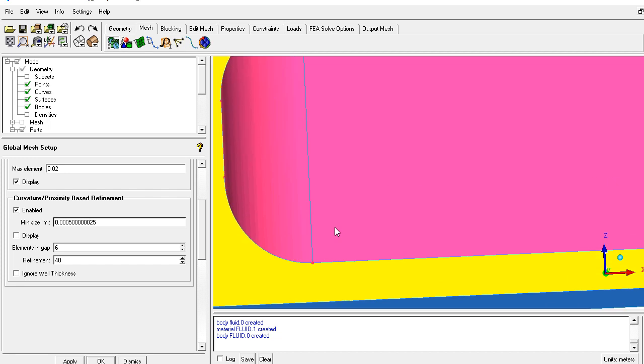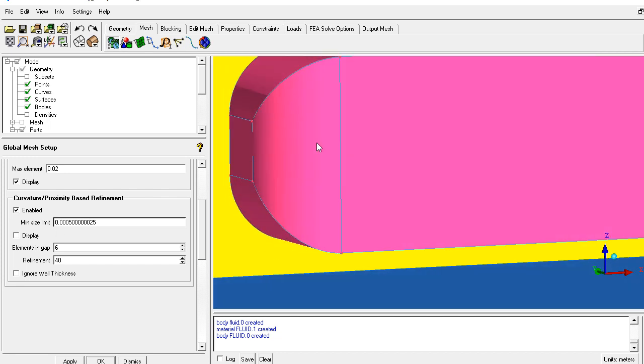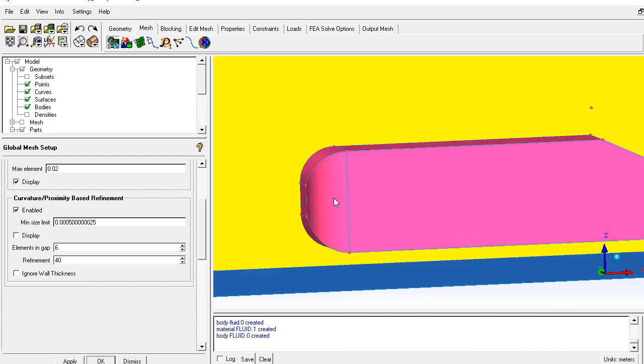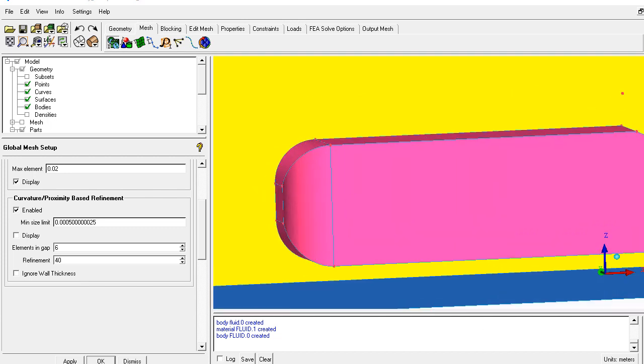The next thing is the elements on the curvature. The refinement factor works on the curvature. For example, if we define the size on this surface like this, and the minimum size which we have defined here is like this, or maybe somehow smaller. When we have defined the refinement, the minimum size and the maximum size, and ICM sees that we have a very high curvature, it will try to reduce the size on the curvature.